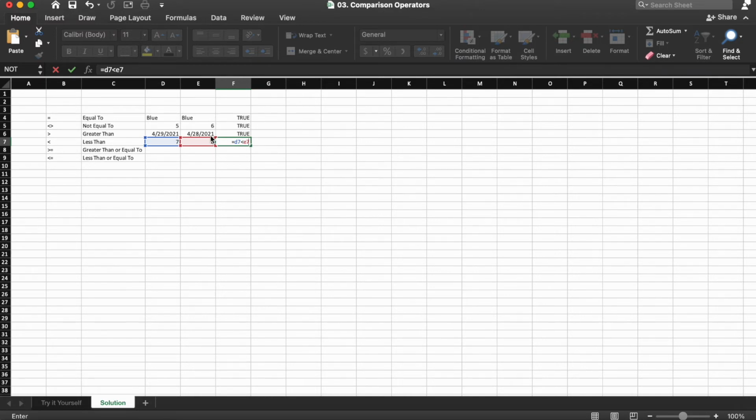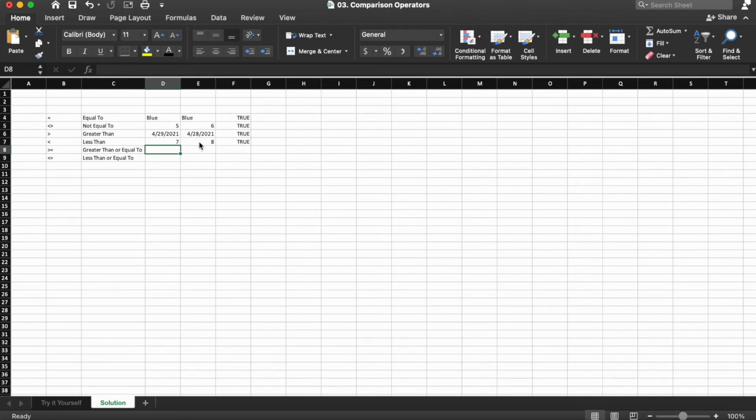Then enter or return on your keyboard. You'll see it evaluates to true. Once again, let's go ahead and make that false. So we'll change E7 to 6, and we see it's false. Now we'll put that back at 8, so we see that nice true in F7.